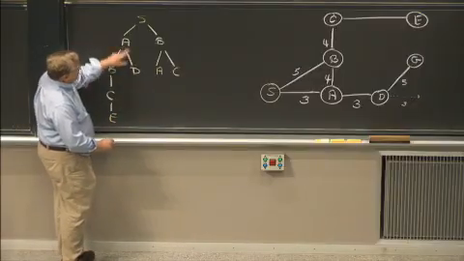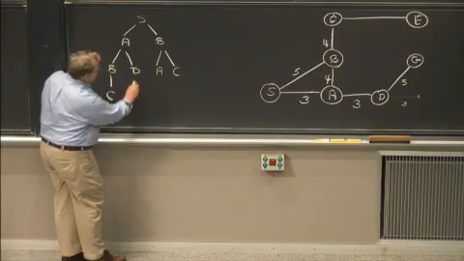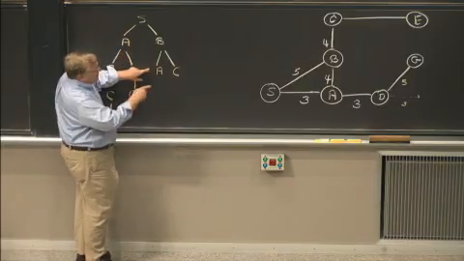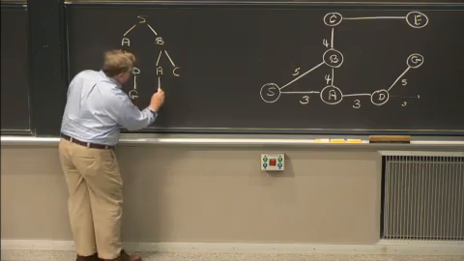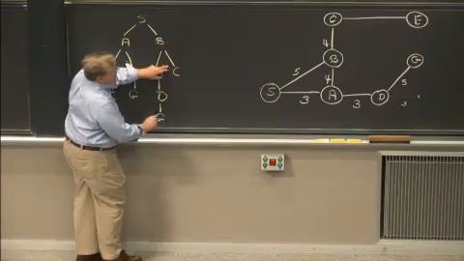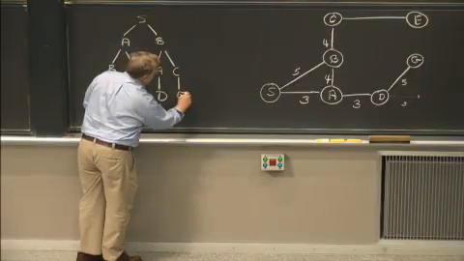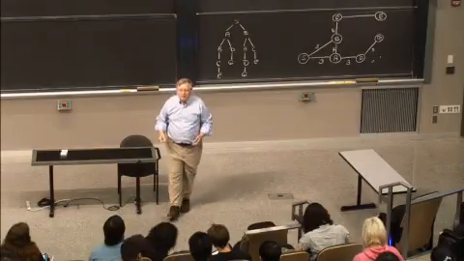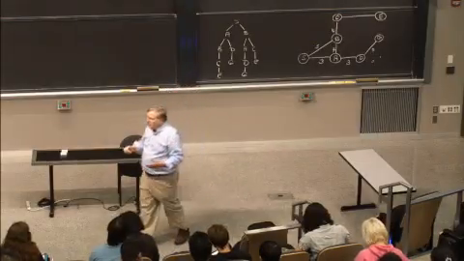SAD, without biting my own tail and going back to A, the only place I can go is G. SBA, I can only go to D and then to G. And finally, SBC, I can only go to E. So that is the complete set of paths as produced by any program that you feel